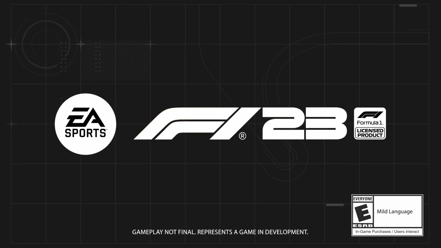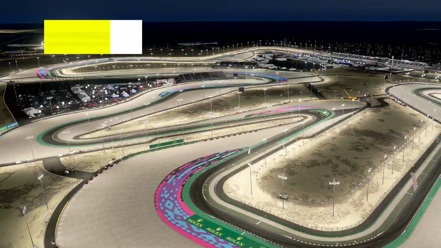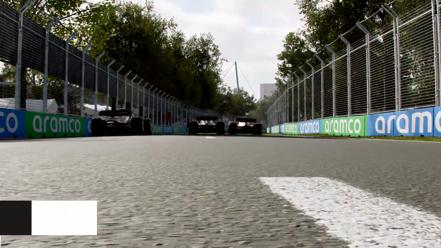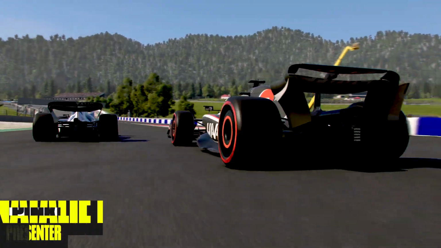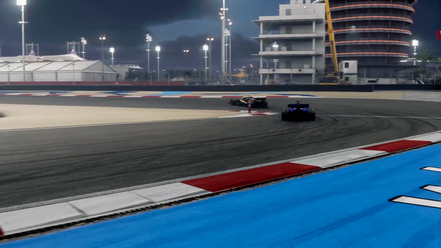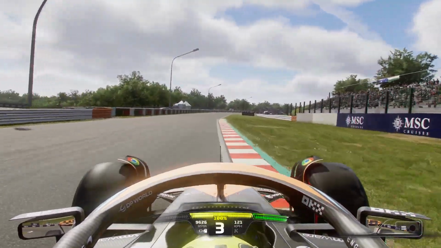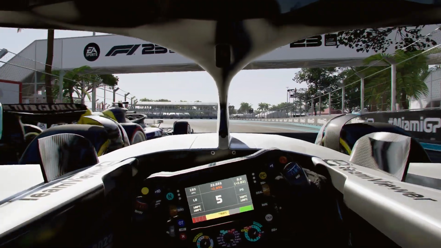Welcome to F123's official Deep Dive Part 1 with a focus on new gameplay features, handling improvements, new circuits and more. F123 delivers a universal leap forward in gameplay with innovation to the vehicle physics engine for improvements to handling, low-speed traction and overall drivability. As a result, you'll feel more predictable and authentic vehicle behaviour on track in 3 key areas: acceleration, braking and